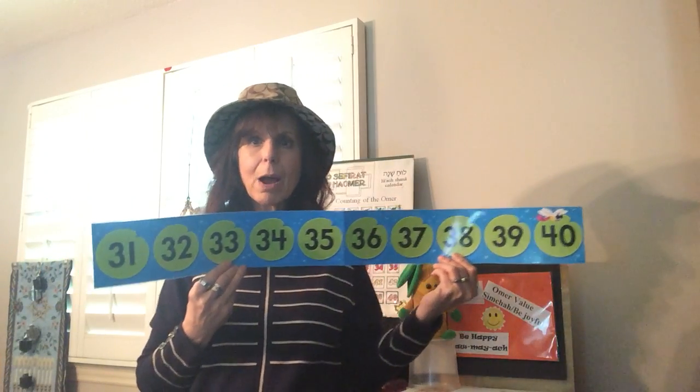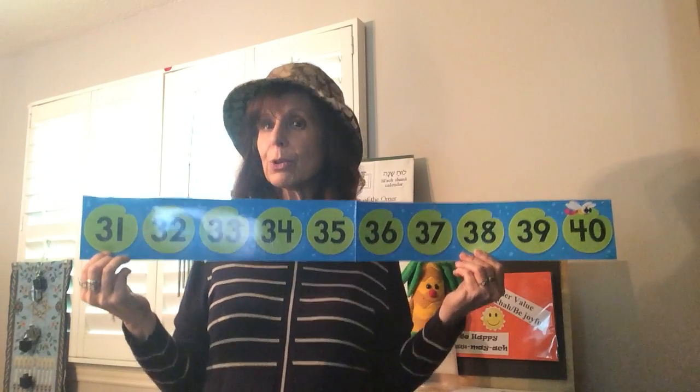Where is that mispar in the 30s? Is it close to the 31st day? Shaloshim va'achat. Or is it closer to the second half? It is really close to 2 numbers we have not talked about yet. Wow, it's pretty far away. 7 to be exact, right? 7 spaces down. So we've been talking about even numbers and odd numbers.